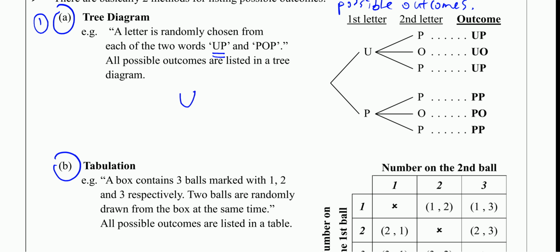If I choose the first letter as P, for the second I have O, and for the third, since you have two P's here, and by definition all the alphabet are equally likely to occur,